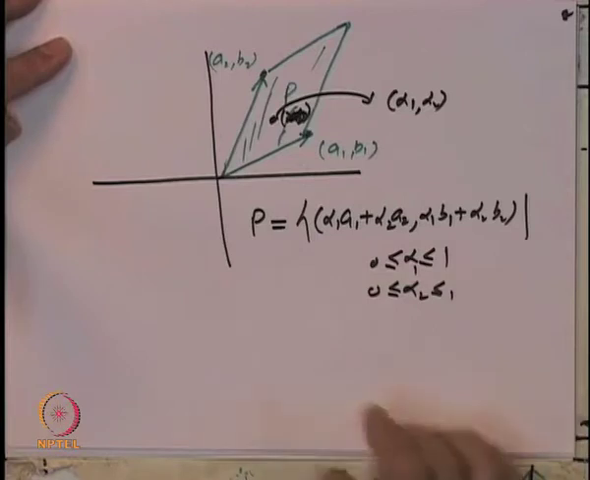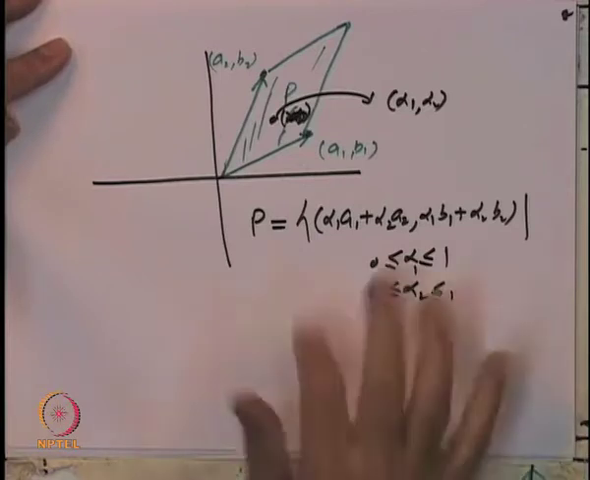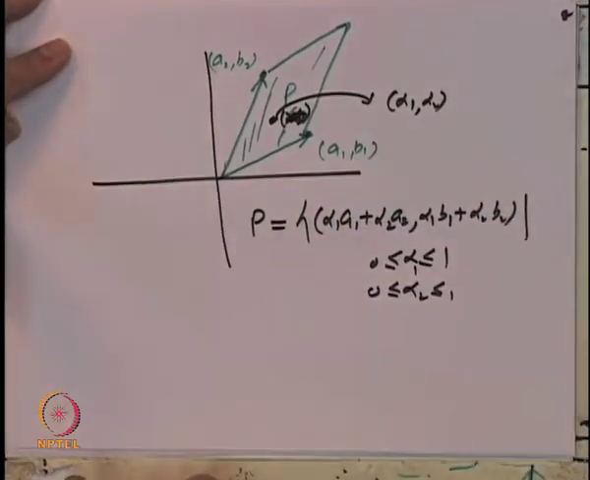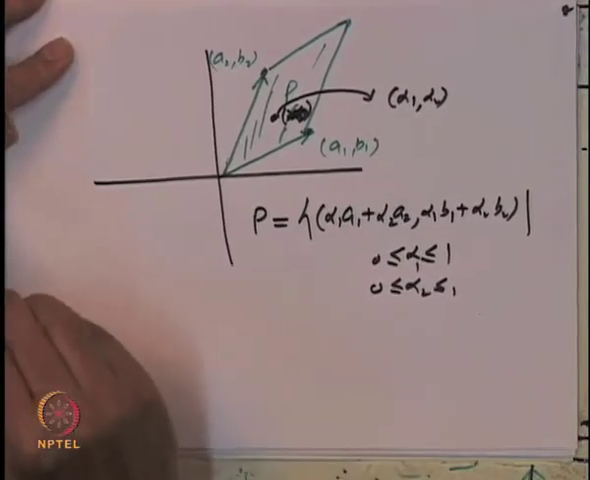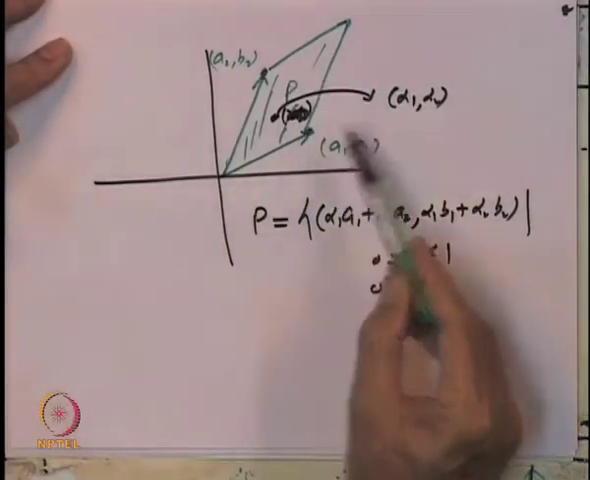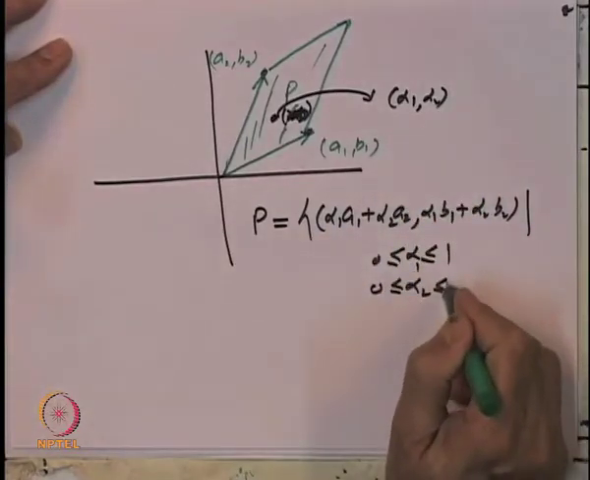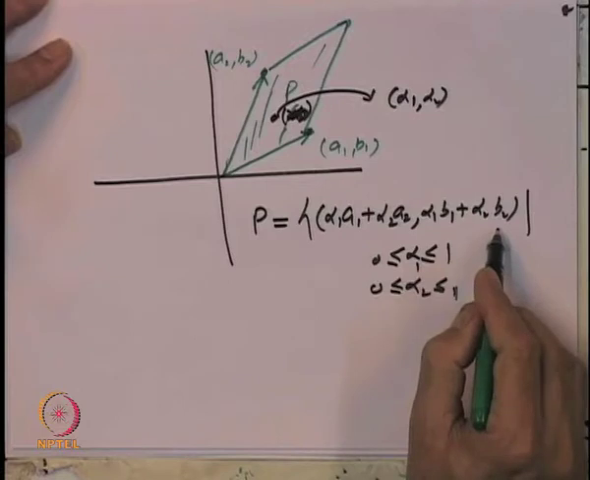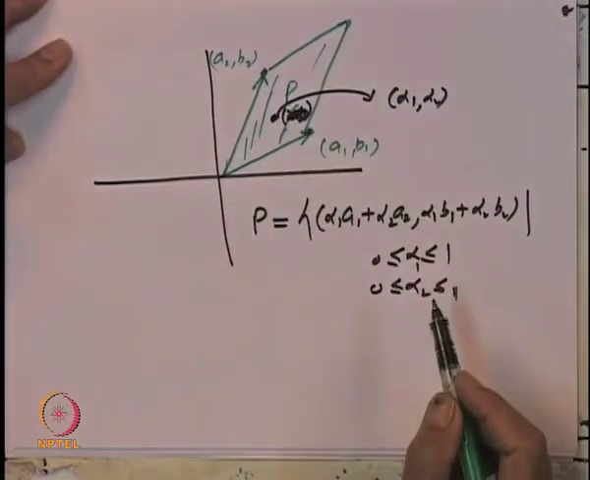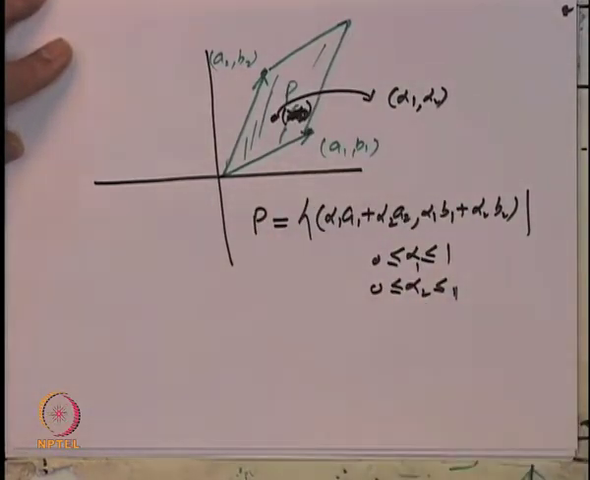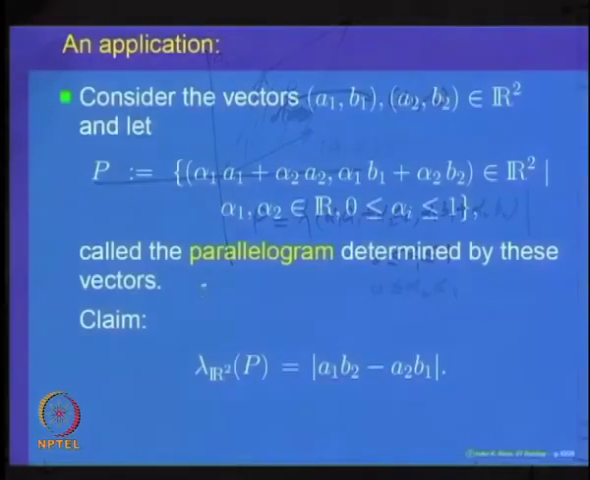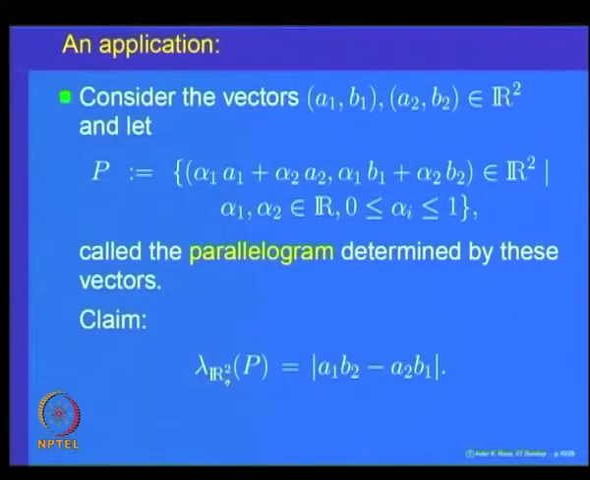So, one can check the geometric fact that if I take two vectors a1 b1 and a2 b2 and look at the geometric picture of this parallelogram, then if I take any alpha 1, alpha 2 between 0 and 1 and look at this, then this is nothing but the parallelogram given by these two vectors. The claim we want to show is that the Lebesgue measure of this parallelogram is the same